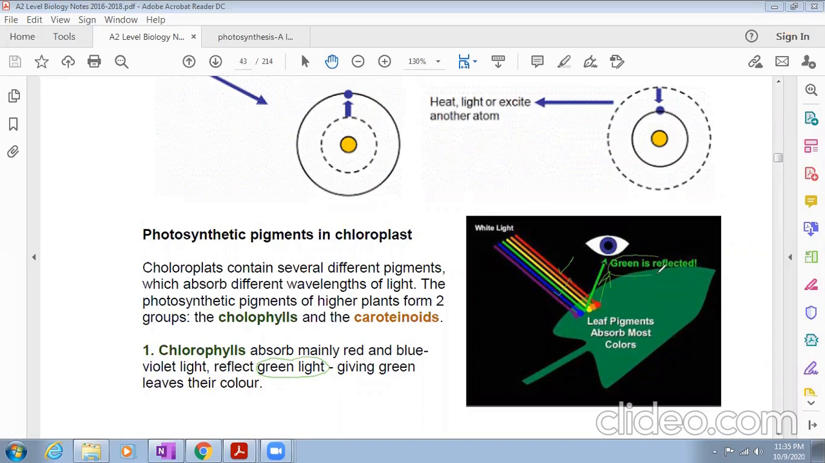Because of that green reflection, we can see the chloroplast as green. Why? Because it is not absorbing that light. When it is not absorbing that light, that light can go and fall on your eye, and you can see what? Green. So leaf pigment absorbs most colors, right? But it's reflecting the green color. All right. Now